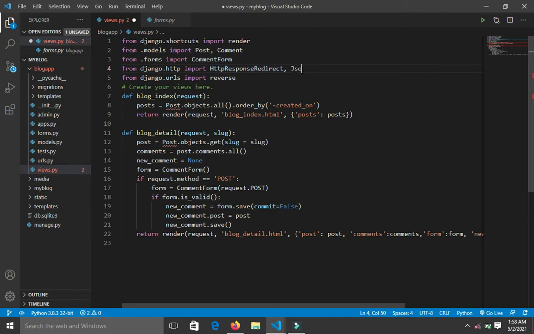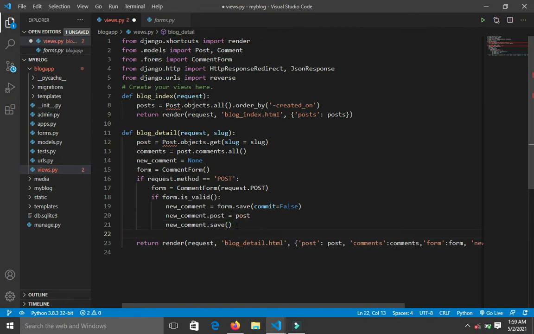So now I've imported my JSON response. So now I'm going to save. After the comment has been saved, I want to get the name of the commenter and the commenter's comments. Instead, I'm going to simply say return